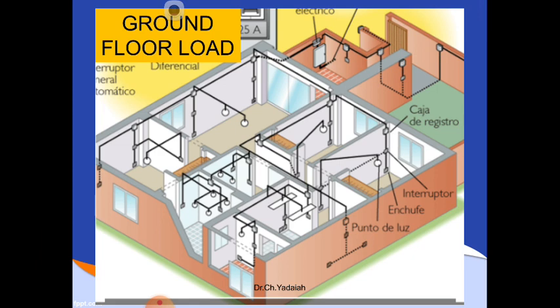Assume this one, the ground floor, is a bank. It has a number of sections. Each section may be illuminated using PVC casing, as you can observe here, and each is provided with electricity. So you can see the number of portions here, and based on the number of portions, the number of points, fans and sockets, we are going to calculate the load.